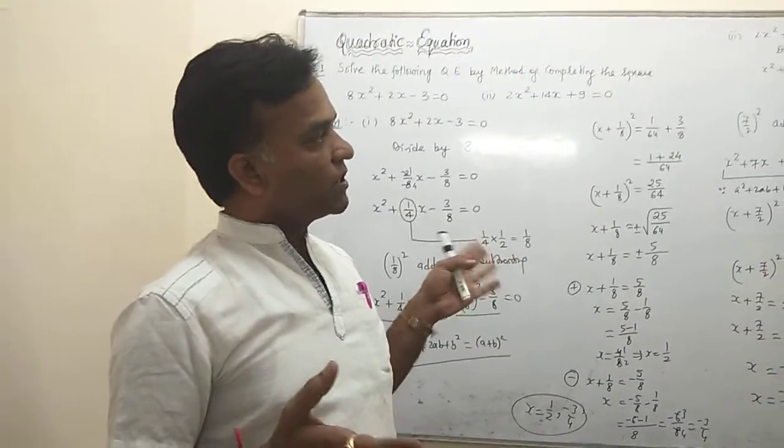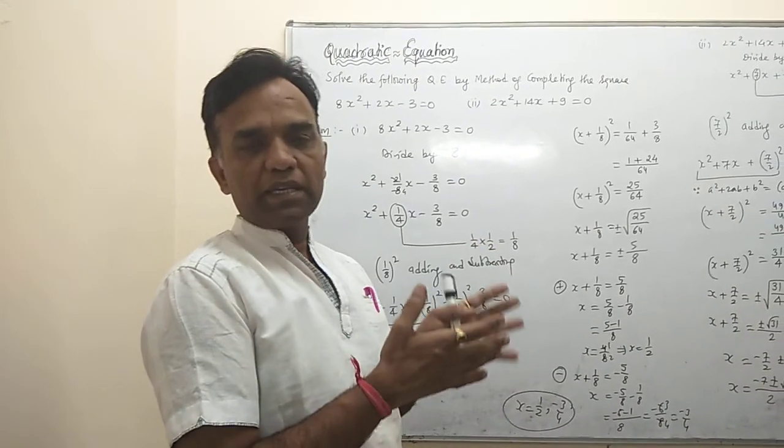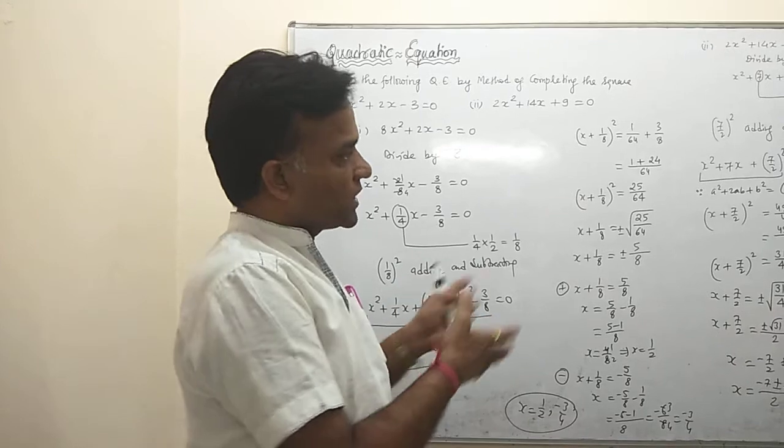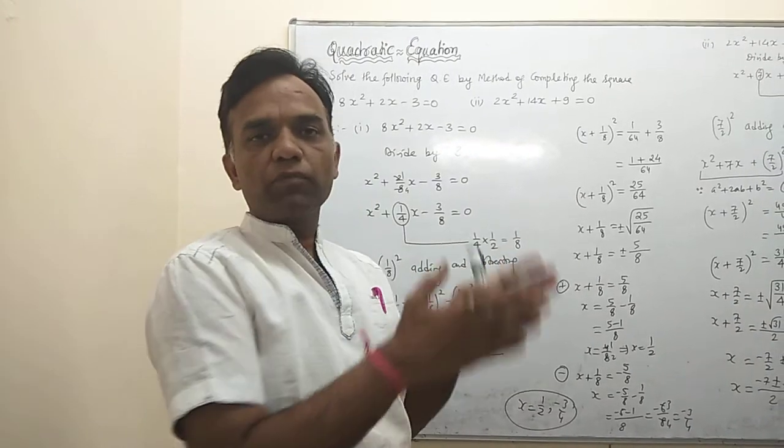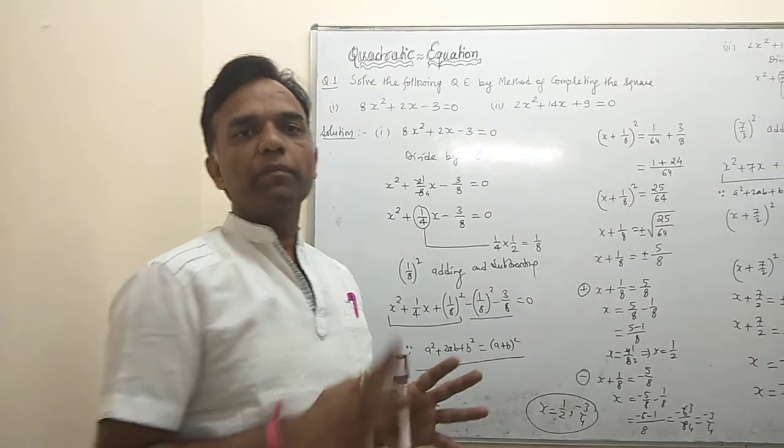So now this is the concept of the method of completing the square, in which we illustrated 2 examples, because the algorithm is the same. In the algorithm there is no change. The algorithm of the basic general form we take, and then we proceed the same way. So the same procedure you apply for any type of quadratic equation, and then you get the solution with the help of completing the square.